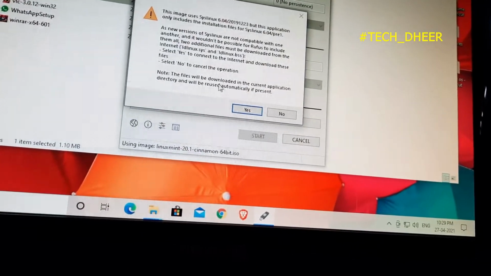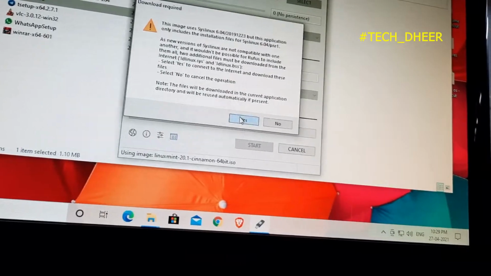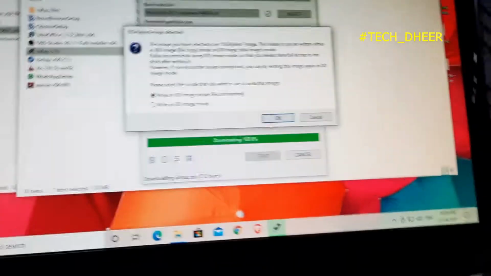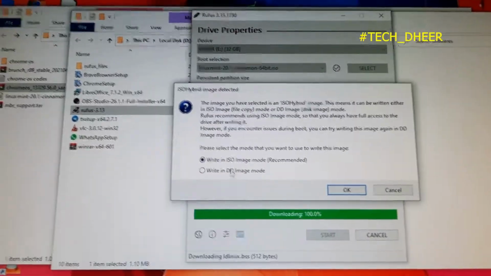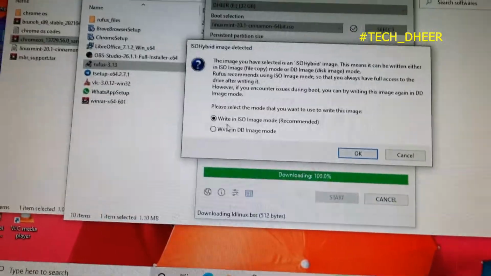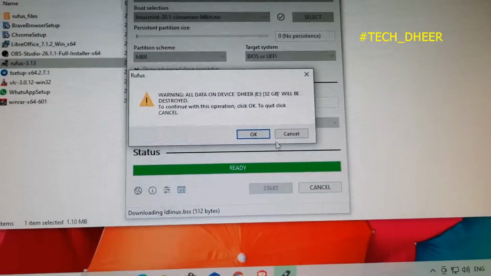It's showing some files should be downloaded in the current application directory. I'll hit yes, and here you can see it's saying write in DD image mode, where DD means disk drive, or ISO mode. Just click on ISO, which is recommended, and OK.